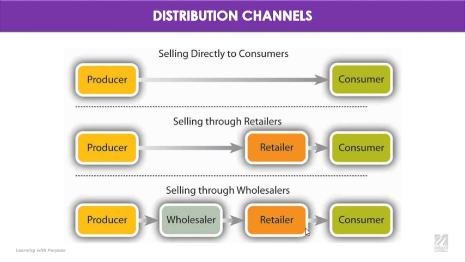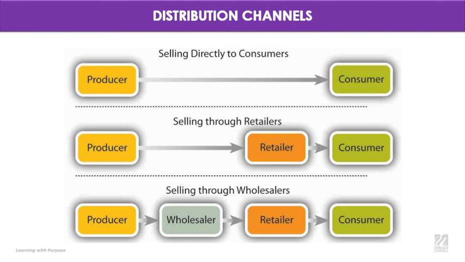Here in the third example, if I'm charging $60 for the product to the wholesaler, they will probably charge 70 or 80 to the retailer, and the retailer will charge $100 to the consumer. So is this what I want to do? Maybe we can decide. We need to plan all those things and check all these variables to see what is the best option for our product, for our company, for everything we're doing.